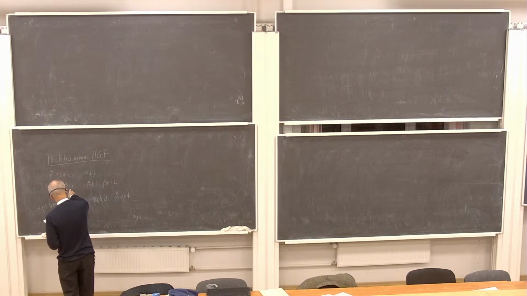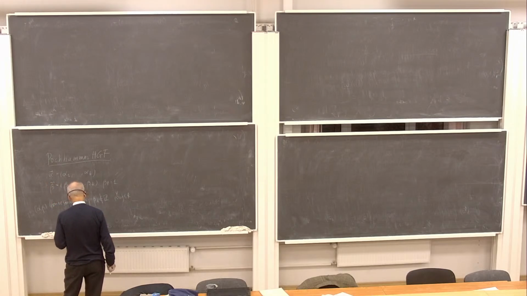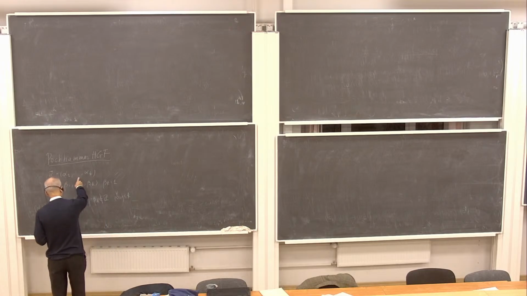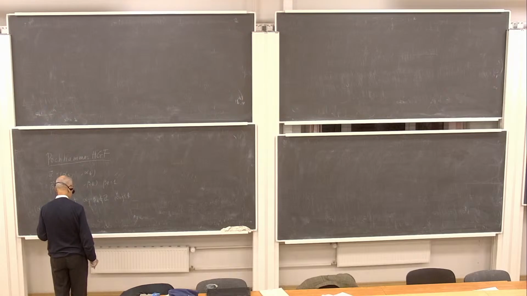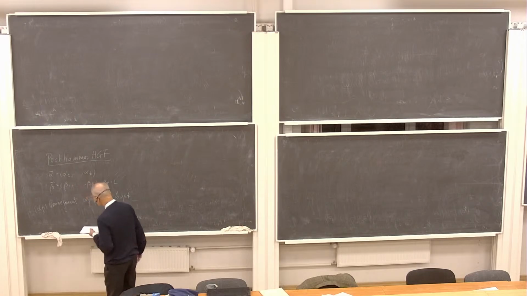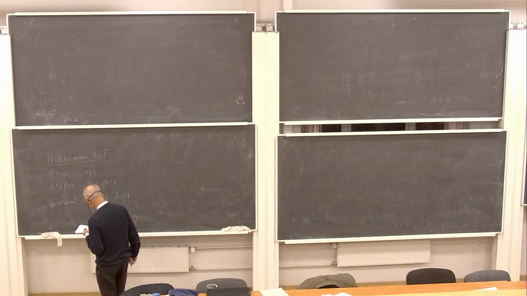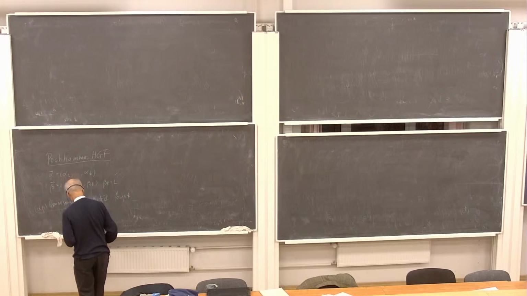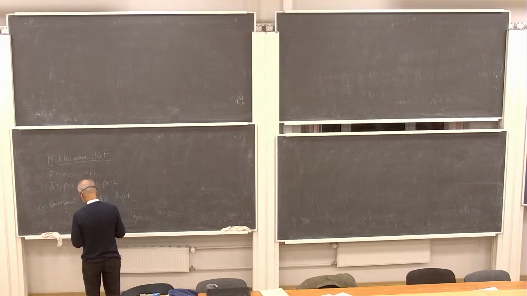For example, the difference between betas is not an integer, or the difference between alphas is not an integer. Such kind of condition we also impose at a certain moment. Such conditions are also considered to be non-resonance conditions. But from the very beginning, I impose this alpha-beta non-resonance condition. Okay, then